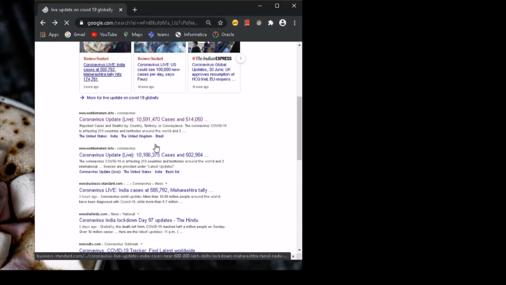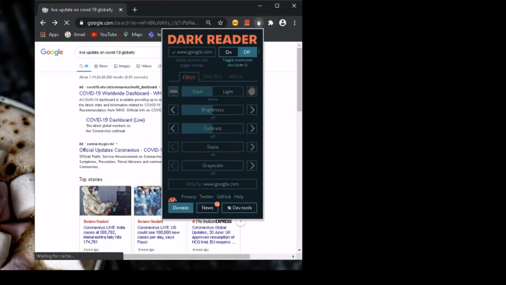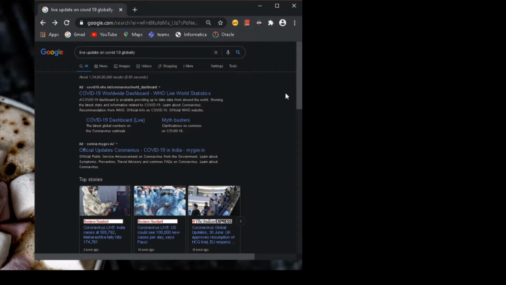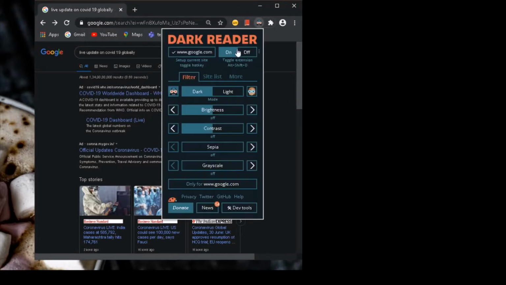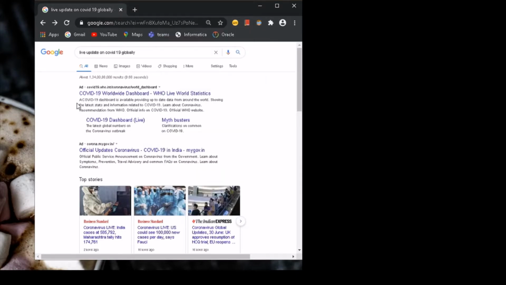Now everything is white. If you want this to be black again, click on it, and it is black. It is that easy. So by default you can keep it off, and for a few websites, if you want, you can turn it on. For example, if I'm reading a big blog that may take 2.5 hours to read and understand, so you want to spend 2 or 3 hours a day continuously on a page with a white background.